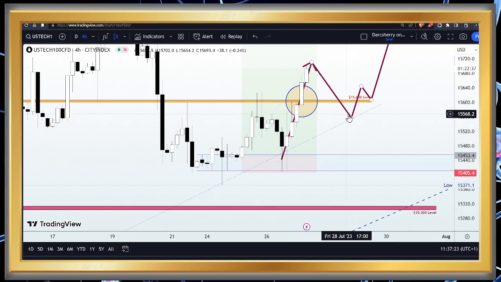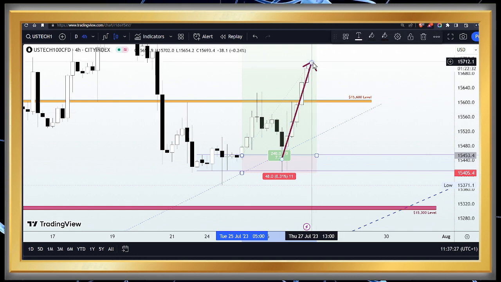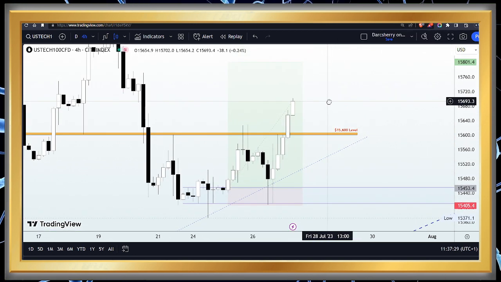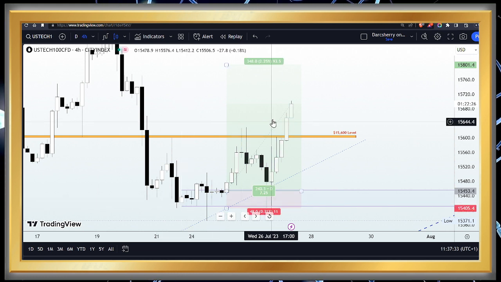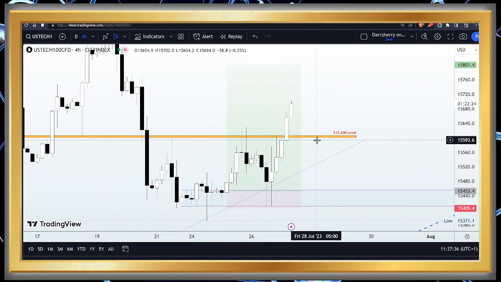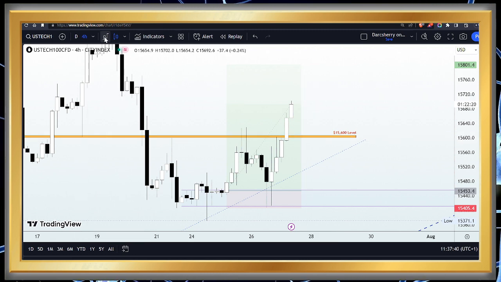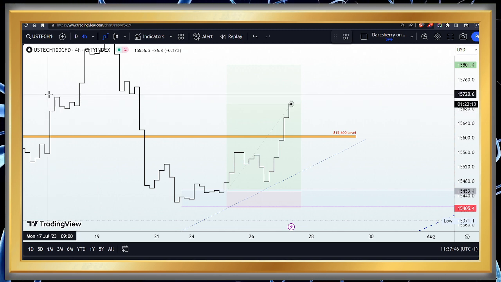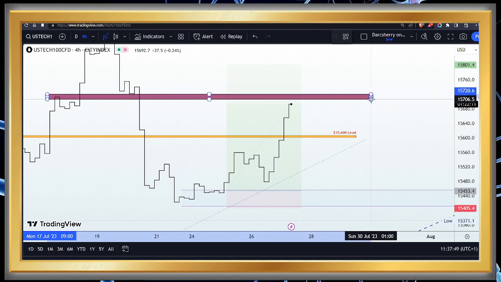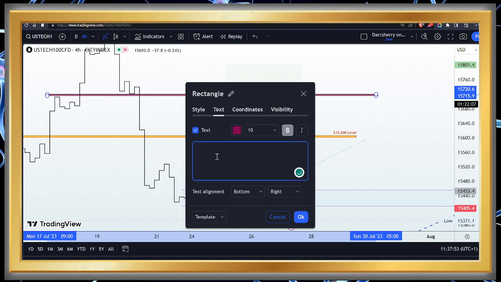So this trend line here and the 15,600 will be our yardstick that will be guiding trading activities for today. So let's see how this will play out in the next couple of hours. If price comes back, let's be on standby to capitalize on that move. Then another level is situated here, which can be used to maximize the potential of this uptrend continuation, and that is the 15,720 level, which we shall be marking out on our chart right now.